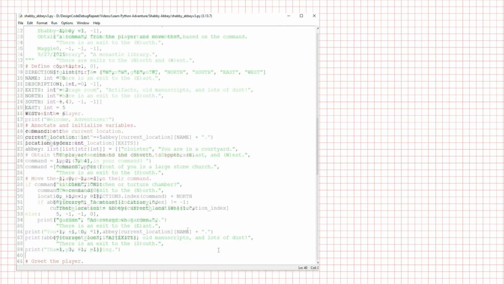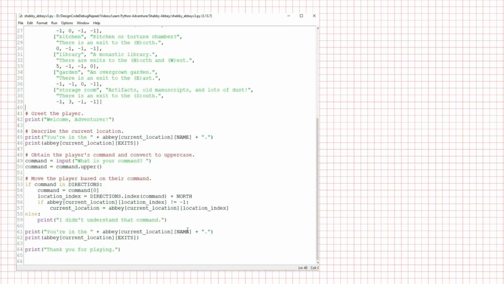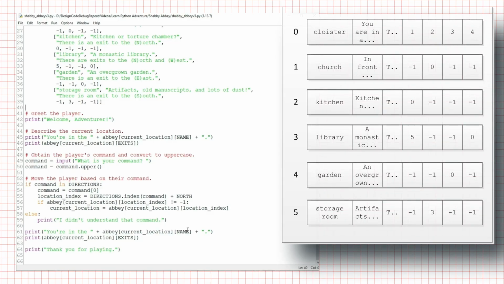This is a lot. Lists aren't difficult to understand, but navigating a complicated list can be very intimidating. Practice quizzing yourself on the indices into different parts of this list and confirm you're correct in the console. Add rooms to this dungeon to make sure you understand how to hook another room into the map. See if you can write the code to describe the room by tapping into the description part of the sublist for the current room. When you're feeling confident with nested lists and indexing, join me for the next installment of